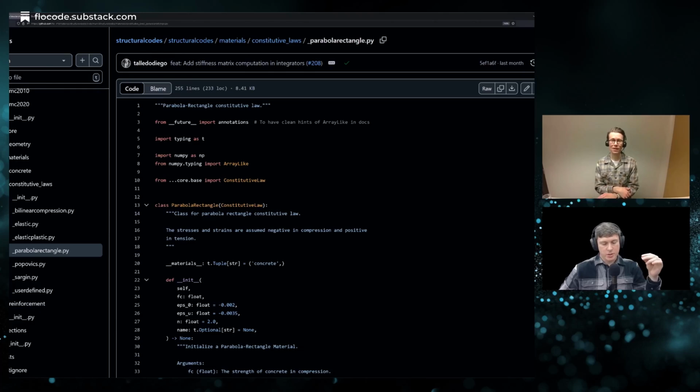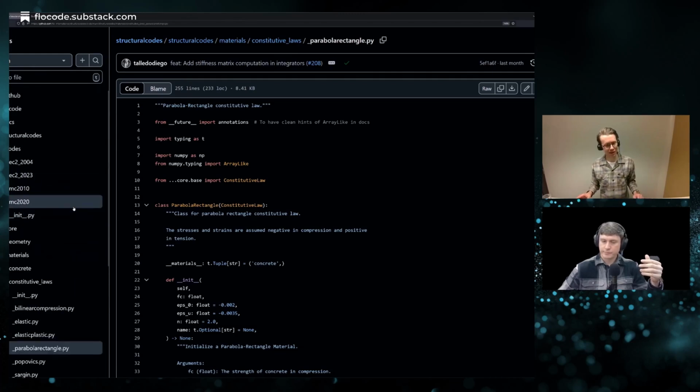So we've mentioned functions, objects, methods, and classes. Would you mind just using structural codes as an example, to explain to somebody in a structural engineering context what each one of those things are? That's a really good suggestion.